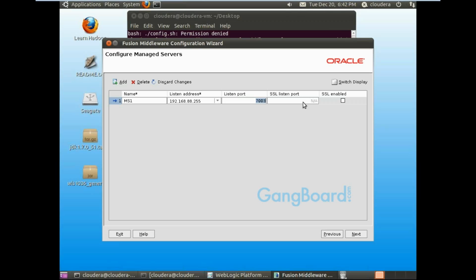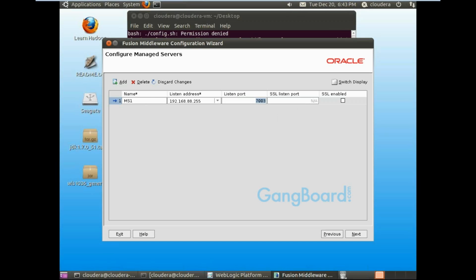So it is easily recognizable that in our primary system all ports are odd, and in the other system all ports are even. So here MS1 is 7003, so I will take 7004 if I create it on another system, or I can take ports from the 8000 series or 9000 series, so there will be no problem. The server port totally depends on your choice, as does the admin server port, but the default port of the admin server is 7001.